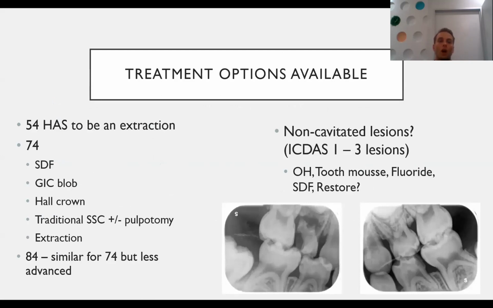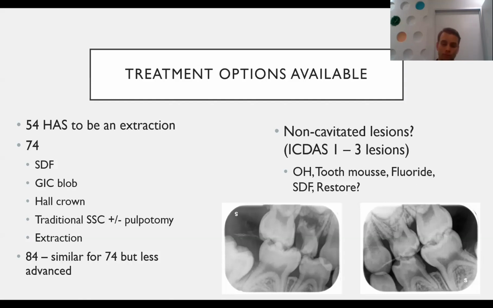So in this sense, we know the treatment options available. The 5-4 has to be an extraction. It's just, do we do a space maintainer there as well? With the 7-4, our options go from very conservative, so silver diamine fluoride or fluoride, a GIC blob, Hall crown, which I'll review for people in a second that don't know what a Hall crown is, traditional stainless steel crown with a pulpotomy, or potentially an extraction again. The 8-4 has similar options to the 7-4,